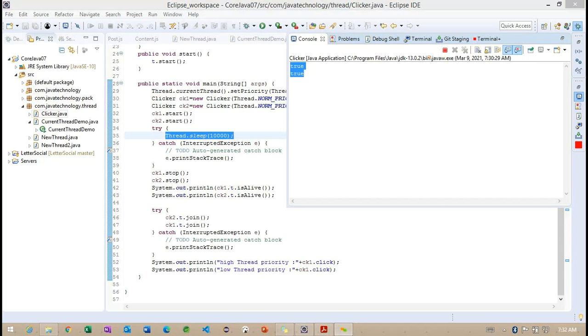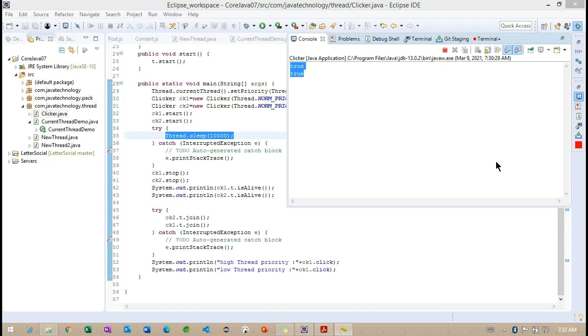Whenever the current example is terminated, you can observe this information is not available, and here we are going to get a message called terminated. But still it is in the active mode.